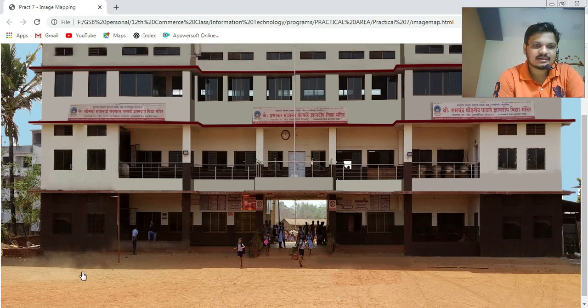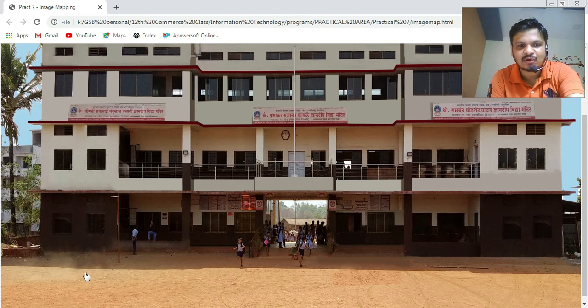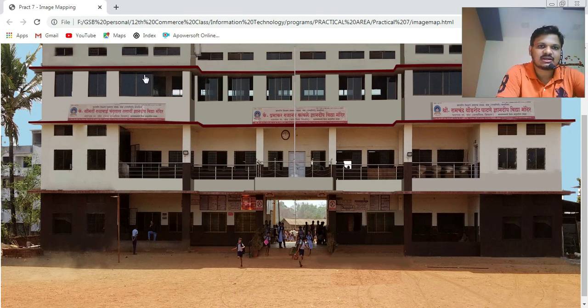This is the ground. See here, page3.html. So this is the ground area. If I place the cursor here, this is not a clickable area. This one having page2 means hall area.